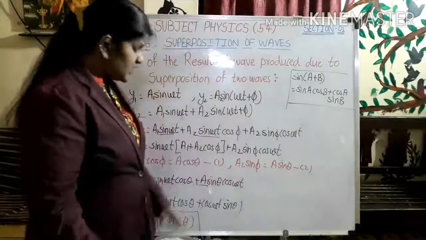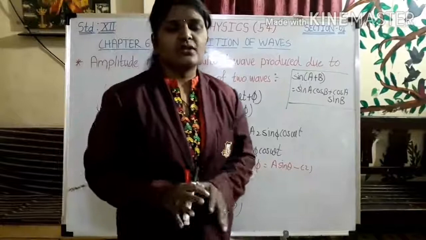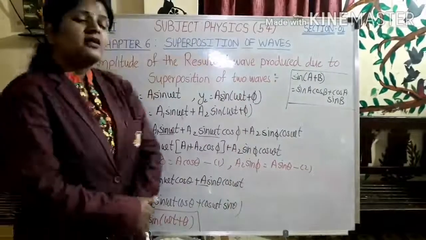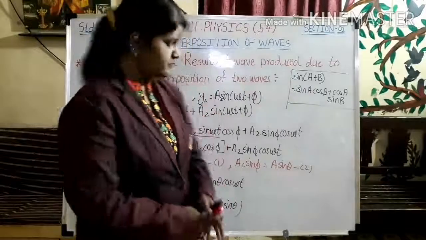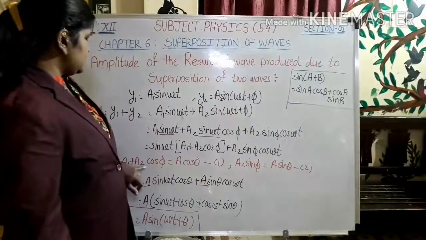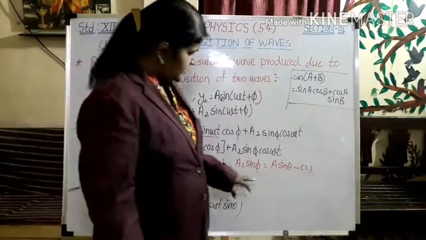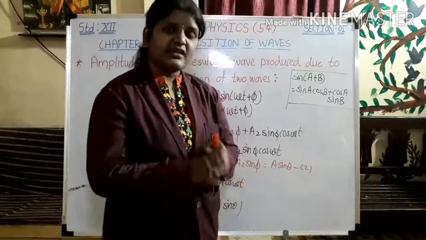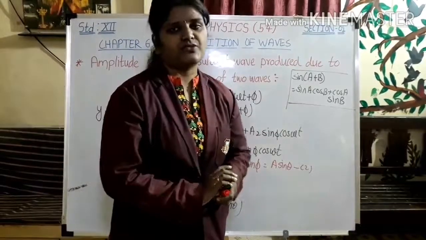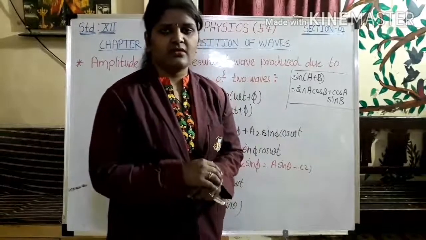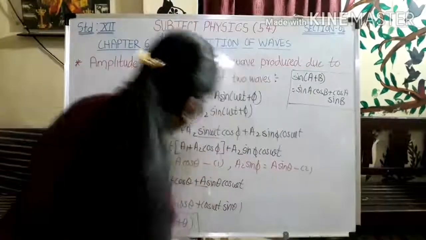Okay, now what is our aim? Our aim is to find out the resultant amplitude, right? So we are going to find out a. Now how to find a? Here we have two equations. a1 plus a2 cos phi is equal to a cos theta, and the second one is a2 sin phi is equal to a sin theta. I can square and add both the equations, and by solving that I can find out the value for a. So let's see what happens to it.